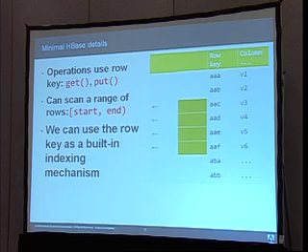It's a bit more complicated than that, but at the core, most operations use the row key. So you can either get some data from a row or put some data to a row, and these functions both use the row key to identify the row. Another fundamental operation is you can scan a range of rows between a start row and an end row. Why does this make sense? Because the rows are ordered by the row key. So if there's an ordering relation, we can say start from row AA and get me all the data until row BC. So the first thing that you think about is, why don't we use the row key as a built-in indexing mechanism?